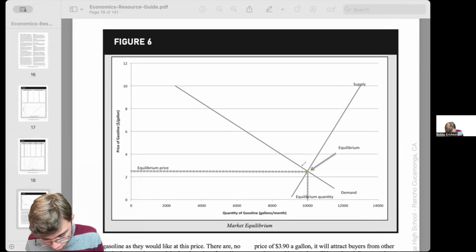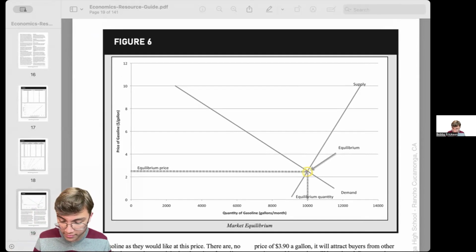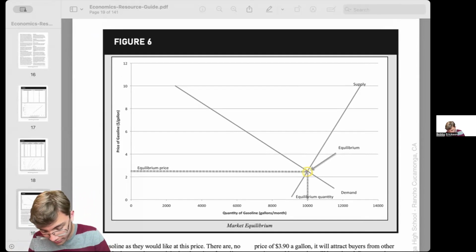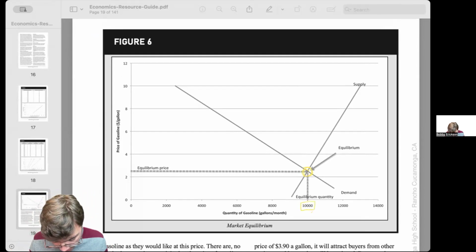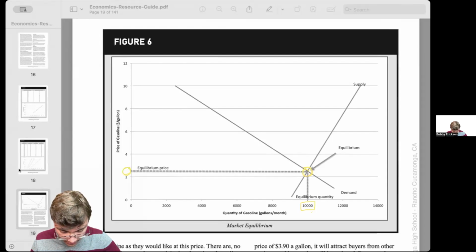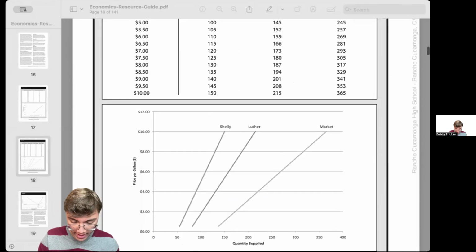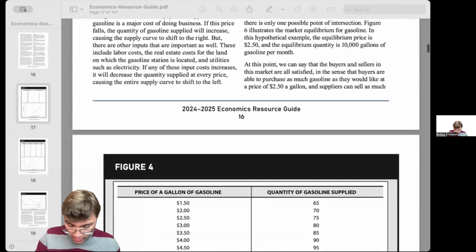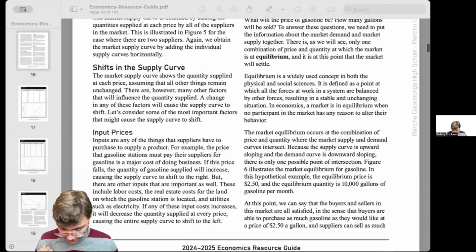And let's see, equilibrium, this says that this intersection of supply and demand, where nobody in the market has any reason to alter their behavior, the equilibrium quantity here for both supply and demand is going to be 10,000, and then the equilibrium price is just above $2 per gallon. And so this is this example of if we're looking at gas prices. Let me scroll up here real quick.